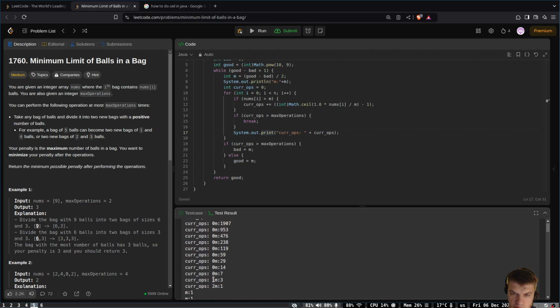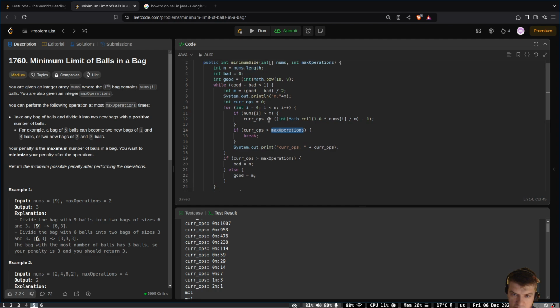Car ops 1. Car ops okay 1. If car ops greater than max ops, then good goes and